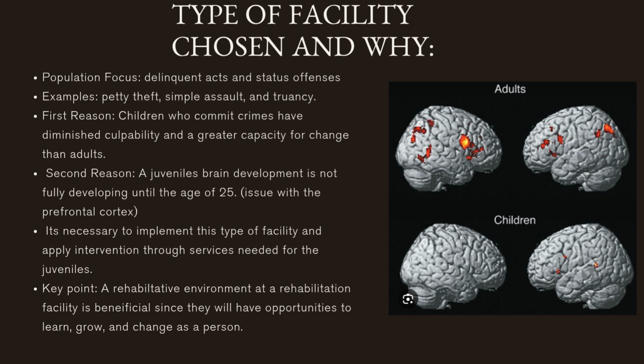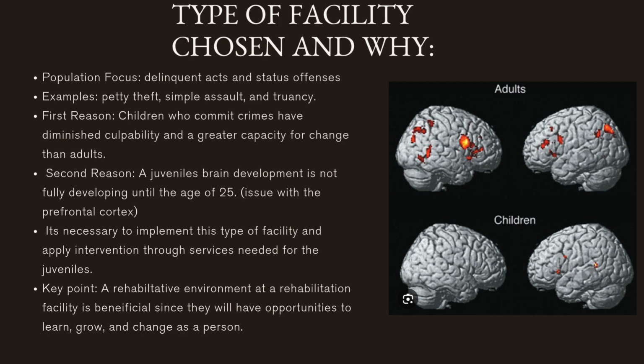As for the type of facility chosen and why, there are a few reasons why we decided to talk about a juvenile rehabilitation facility. The first being that we wanted to focus on a population that did not commit serious crimes, such as delinquent acts and status offenses. A few examples are petty theft, simple assault like getting into fights, and truancy, so running away. However, we would like to emphasize that children who commit crimes have diminished culpability and a greater capacity for